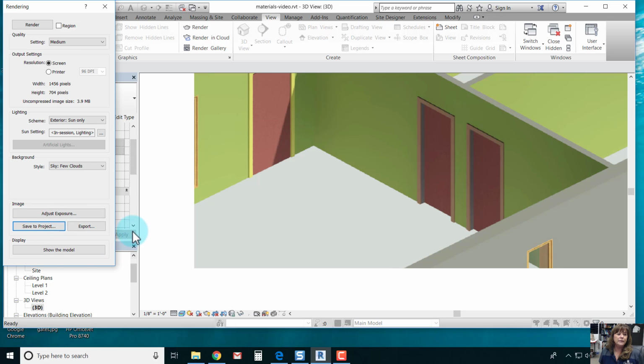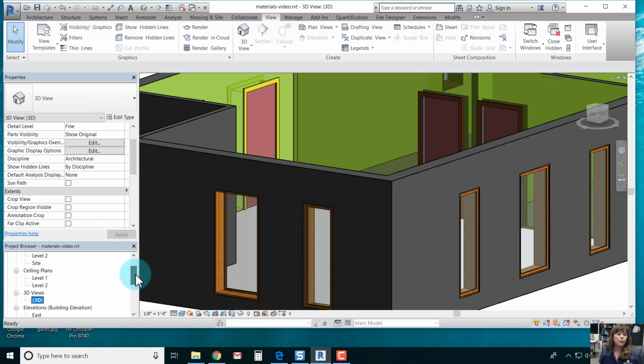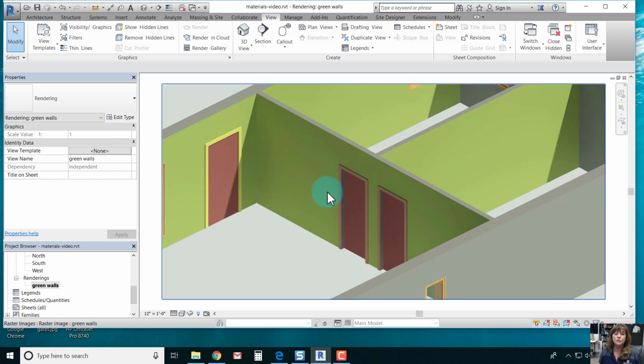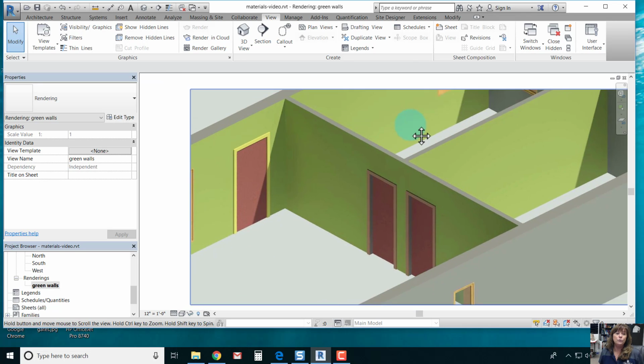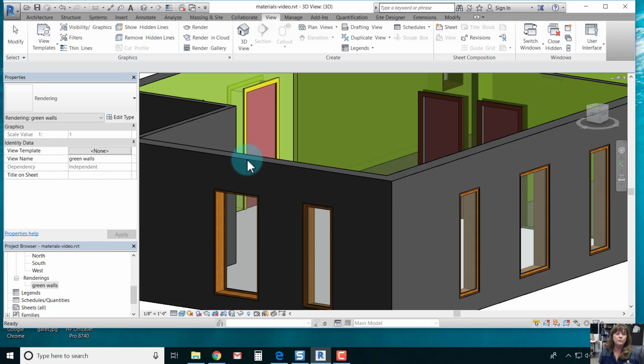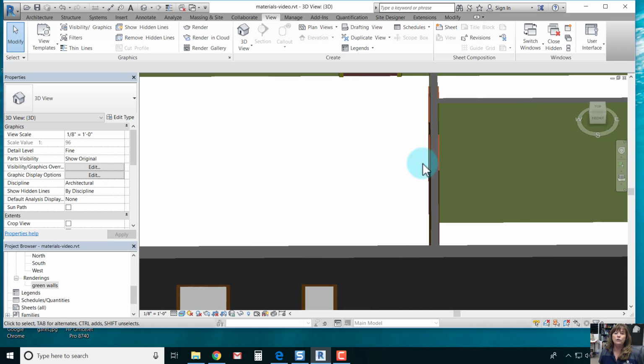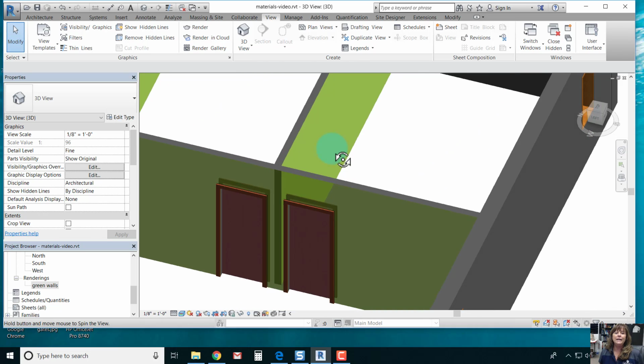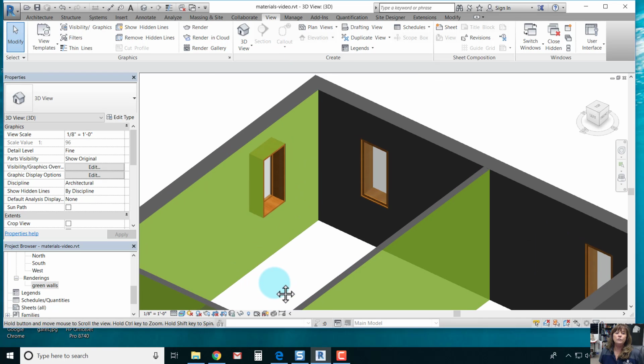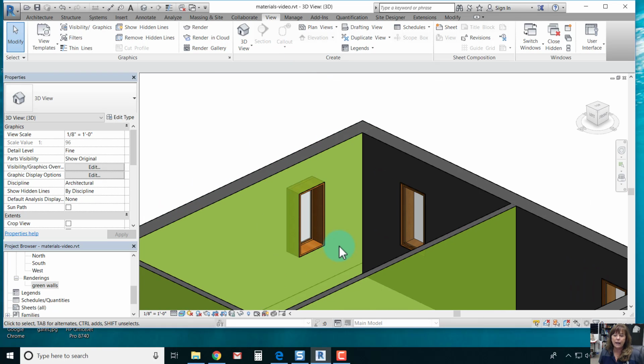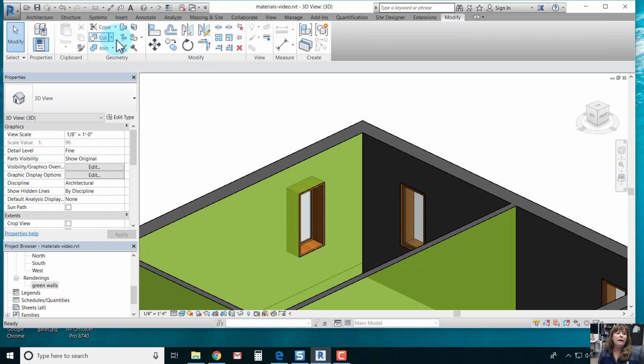So that means that under my renderings, I have that picture that I did of the green walls, because then I can go into my other room. Let's go back to my 3D, and I can go to another view and show something in this room and actually put a camera and everything in. What can I do again? Go to my modify and